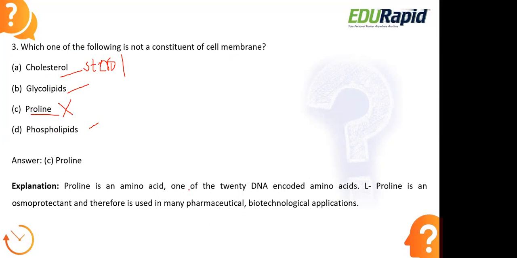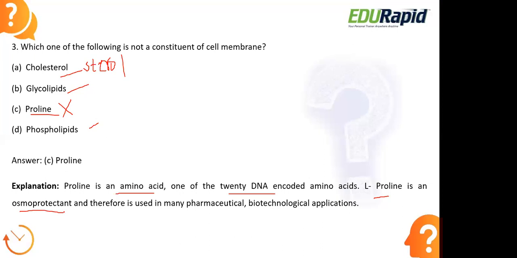It is an amino acid. Proline is an amino acid among the rest of the 20 DNA encoded amino acids. Here proline is one among them. And L-proline is the one which is used as an osmoprotectant. Okay, here osmoprotectant, why do we use this as an osmoprotectant? Because when there are extreme stressful conditions, osmotic stress in an individual, usually this proline is the